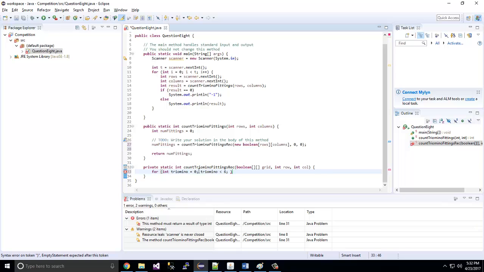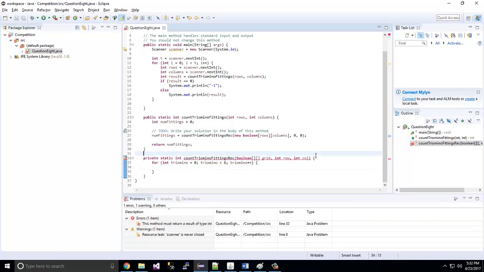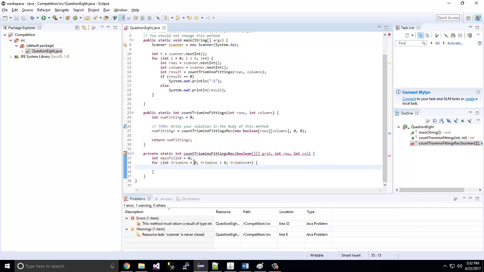We'll make red be 0, green be 1, the order that was on the sheet. And then we're just going to go through all of them. As we go through all of them, we're going to be tallying up the number of ways that we were able to find. So we'll call that ways filled, like that. It'll start at 0, and by the end of this for loop, it should be the correct number of ways that we're able to fill the current grid from the current position